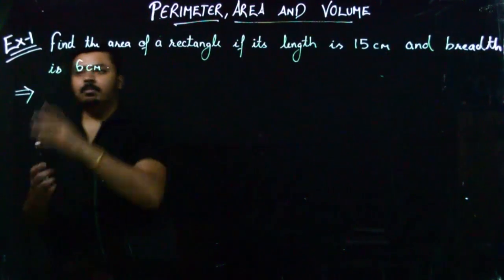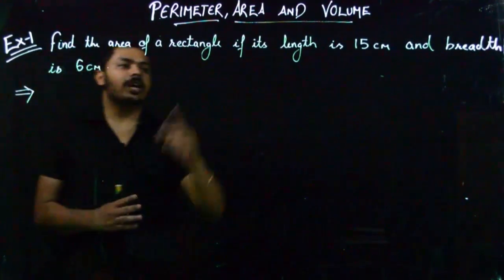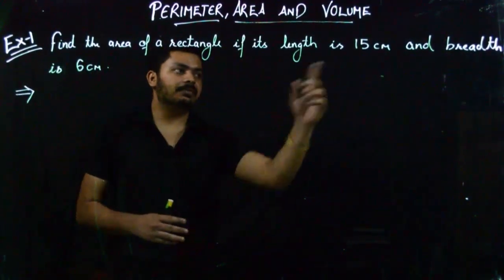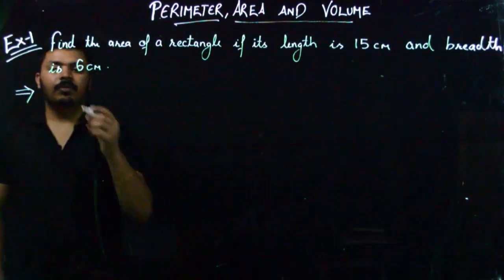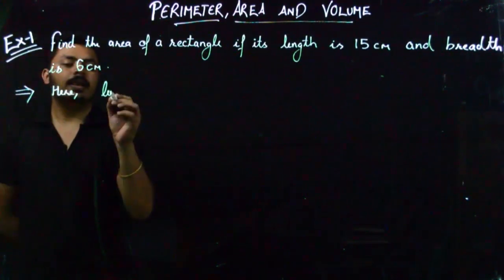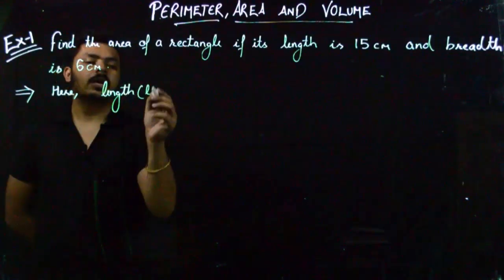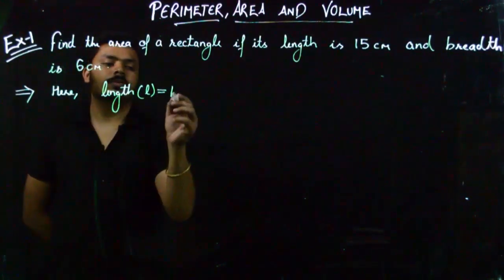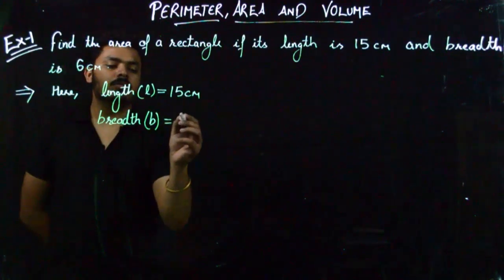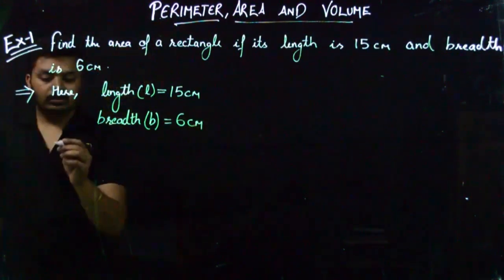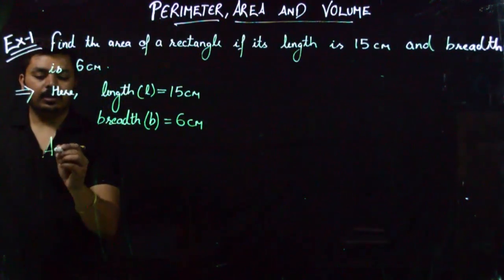Now let's see example number 1. Find the area of a rectangle if its length is 15 cm and breadth is 6 cm. So we know that here the length L is equal to 15 cm and breadth B is equal to 6 cm. So now the area of the rectangle